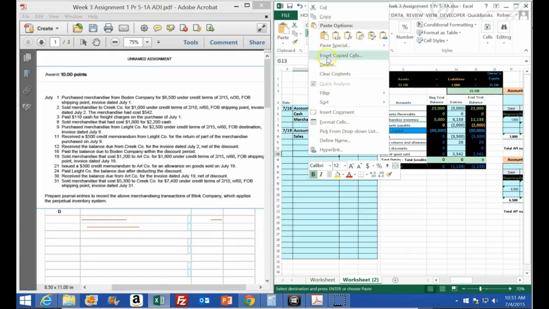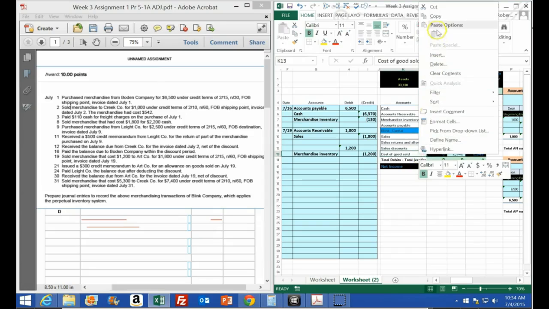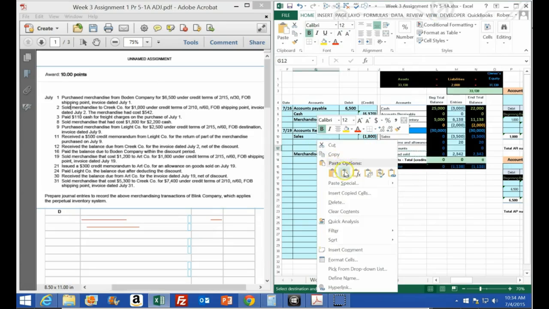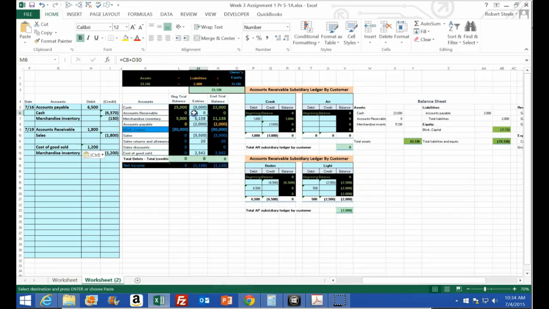We're going to skip a couple lines in order to do that, put it on the bottom. And we had a cost of the inventory of a credit of 1,200 on merchandise inventory for 719. We're going to debit something for the 1,200, and that debit will then go to the cost of goods sold, which is basically an expense account. Expenses have debit balances. They generally only go up. We're going to make it go up again by doing the same thing to it, which in this case is another debit. So I'm going to make this large and post it out. So I'm going to go to the receivable account here, double click on it, go to the end of it,